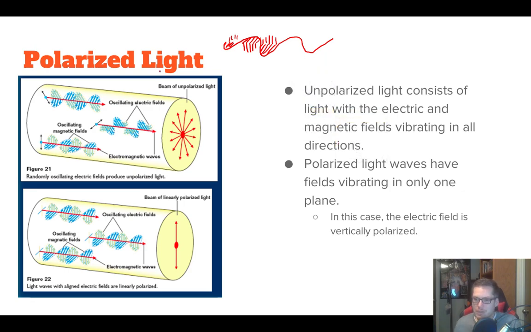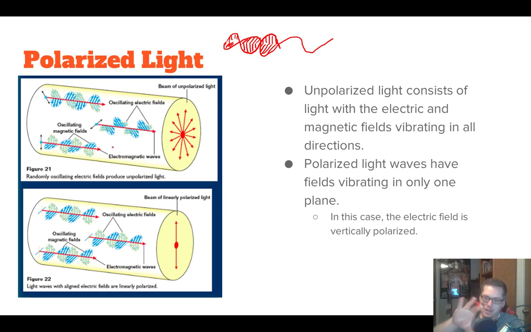We've ruined it now. But what occurs is we have polarization, and we have oscillating electric and magnetic fields. These three are pretty good, so we're just going to run with those three. The electric field will go up and down, and remember the magnetic field is perpendicular to that, so it would go in and out. And if we're unpolarized,